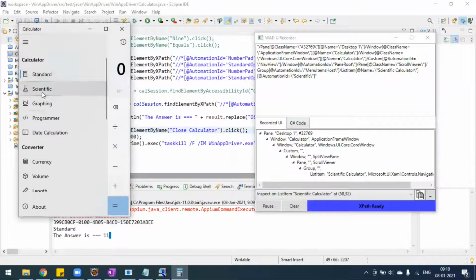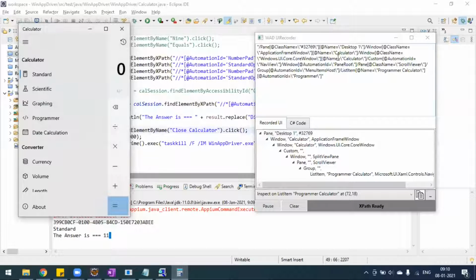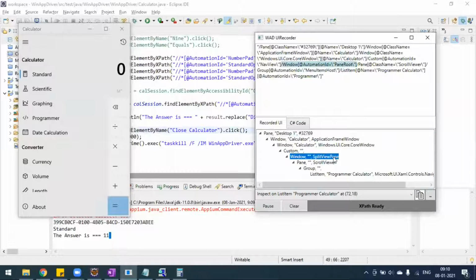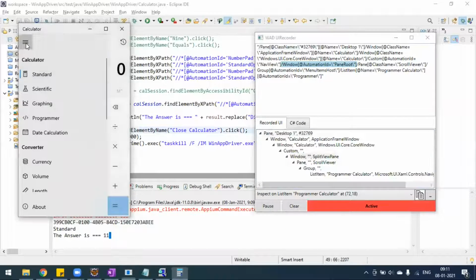After that, if you want to click on this scientific button or any button, it has a respective ID as well as name. So this is the way we use this Winium driver UI recorder effectively for generating the record, as well as you can use this C# code. If you want to go with the Winium driver with C# automation, then you can copy this code and it will work fine. In our case, we are using Java code, so we cannot use this one.